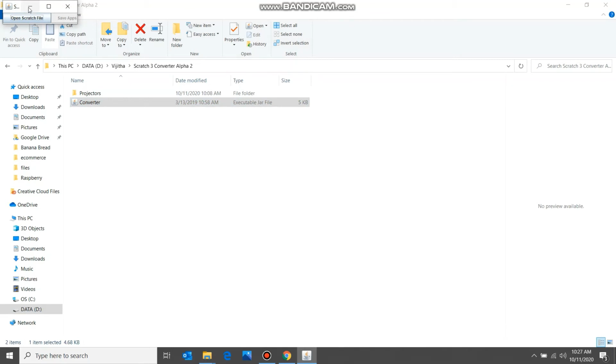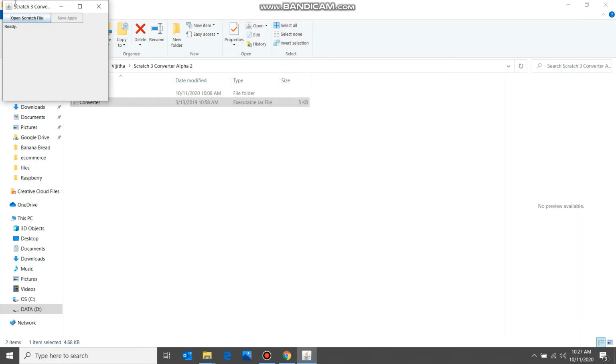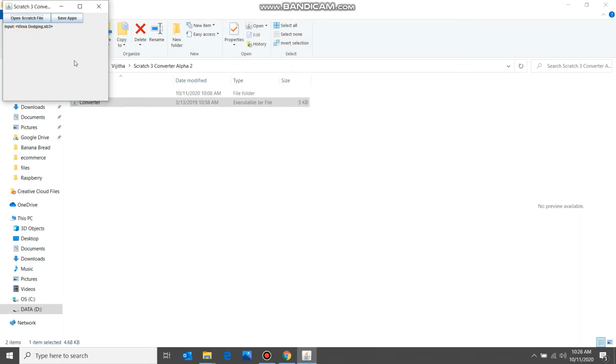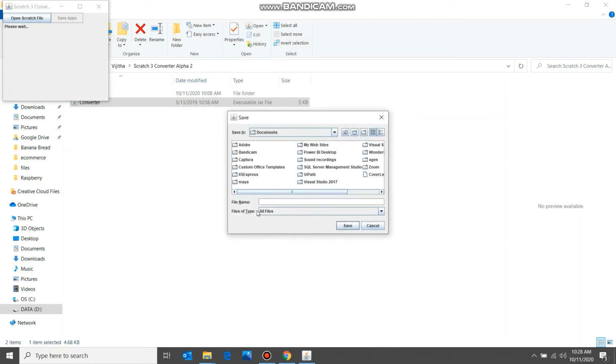Double click on that. See here, a small window has been opened. Just click open Scratch file and go to the location of your Scratch file. Now it will show input virus dodging.sb3, and now click on save apps.